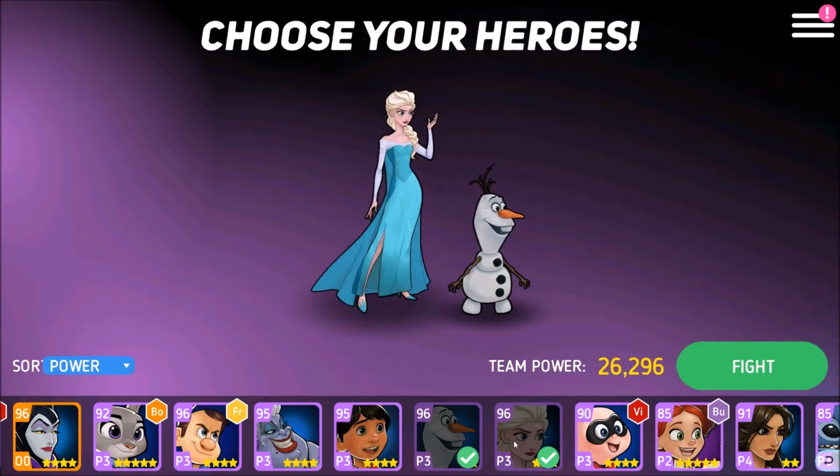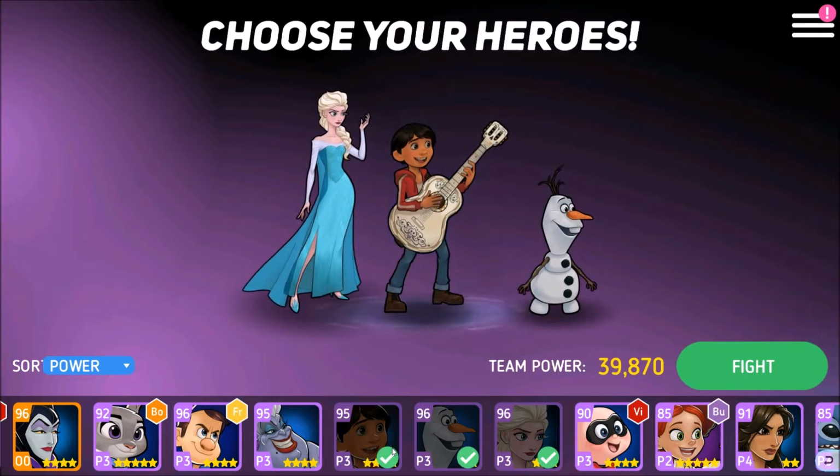And this mainly focuses on the discs that come with these heroes. So this team I'm about to show you is heavily dependent upon having the discs that correspond with this. So let me show you the heroes first, and I'll tell you the discs that you need to get. So definitely Olaf, Elsa. If you watched my previous videos, I said one of the up-and-coming heroes that you're going to see is Miguel. I think he makes